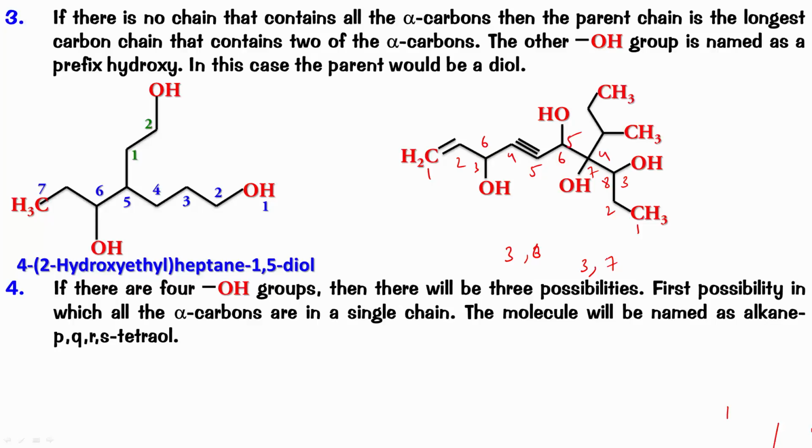One, two, three. Sorry, it's 3 and 4, not 3 and 7. So I get 3, 6 and 3, 4. 3, 4 is better. So I've got to number it from the right side. 1, 2, 3, 4, 5, 6, 7, 8, 9, 10. And the parent is a tetraol. So it's going to be decane 3, 4, 5, 8 tetraol,